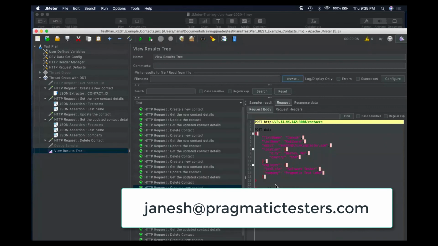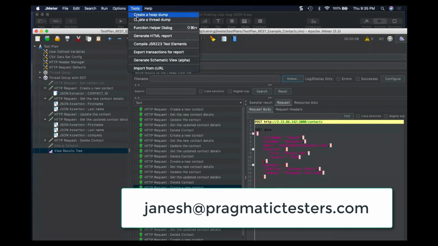Then you can generate the report. Not specifically for API, but it has a dashboard report. Thank you, Okay, Prakash.